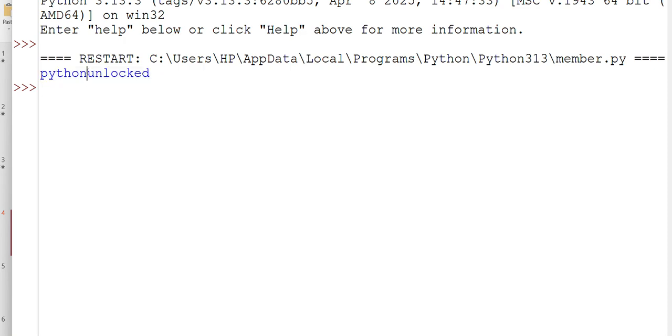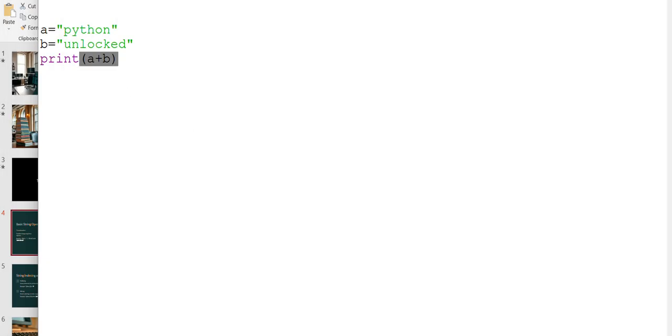Now what if I want space in between, Python space, then I want unlocked. So what I'll be doing, instead of simply a plus b, a plus, in between this I'll be taking one empty string, in that I'll be putting space. Now this is basically what?